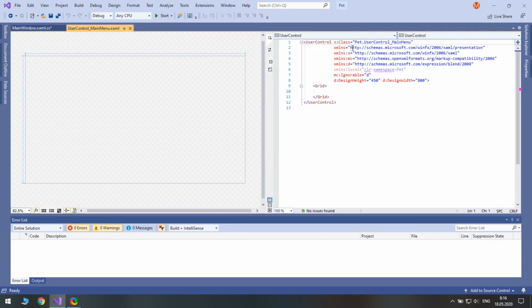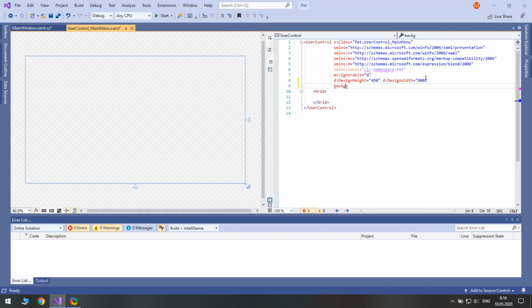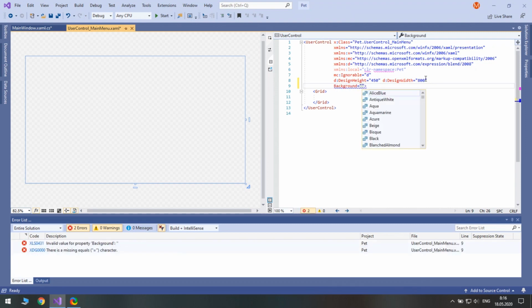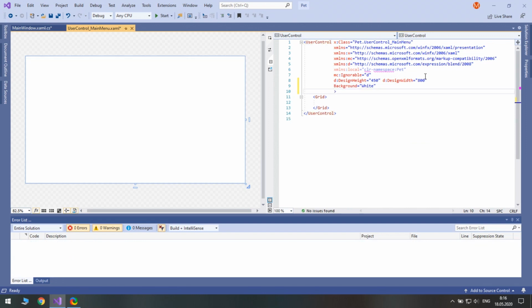The background of this user control will be white. In our main menu, we will have a background image.